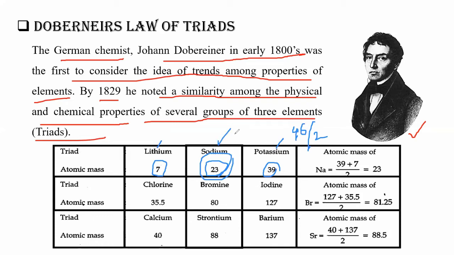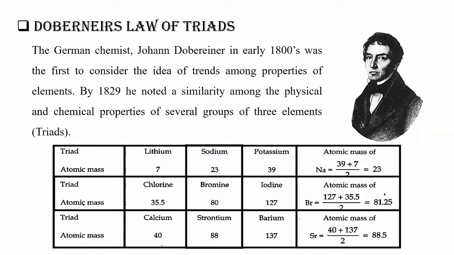Here again I am saying atomic mass, but at that time the concept of gravity was not known to humans, so there was no atomic mass, there was atomic weight. Whatever work they have done, their thesis, it implies atomic weight and not atomic mass. But we are more familiar with atomic mass, so we have written atomic mass. But if you go to the main theory that Döbereiner has given, it is clearly mentioned that it is atomic weight, because at that time weight and mass were the same. Let us go to the next slide.